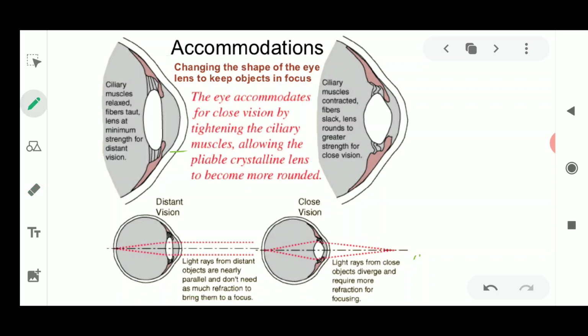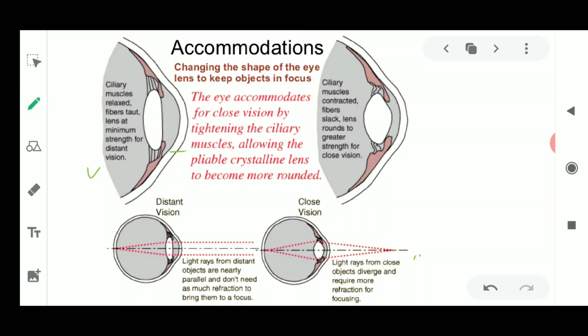That is why the lens is in a relaxed position. It is less convex, as you can see here, and the thickness is less. Now the converging power is at its minimum. Since the eye lens is very thin, the focal length is maximum, as you can see in the enlarged diagram. So the eye lens is thin, the focal length is at its maximum, and the converging power is minimum in this state.